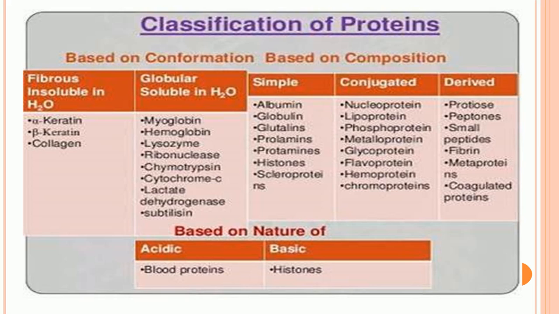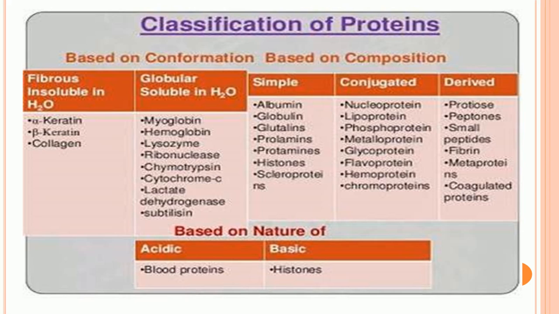On the basis of composition, there are simple proteins, then conjugated, and then derived proteins. Simple proteins are albumin, globulin, glutelins, prolamines, protamines, histones, and many more. Another one is the conjugated proteins: nucleoproteins, lipoprotein, phosphoprotein, metalloprotein, glycoprotein, flavoprotein, hemoprotein, and so on. It means that the nucleoproteins are the conjugated